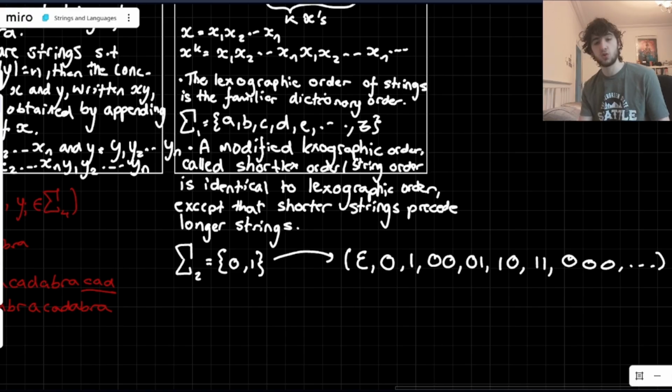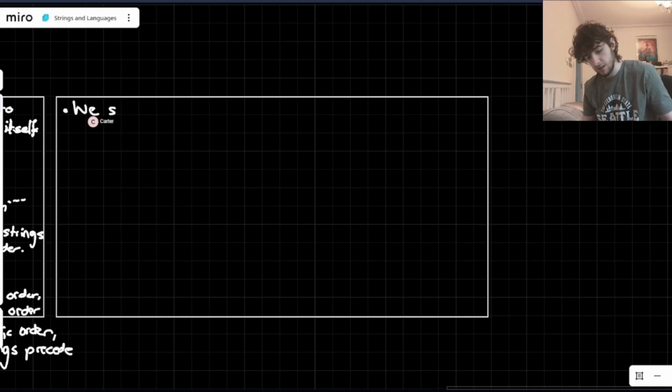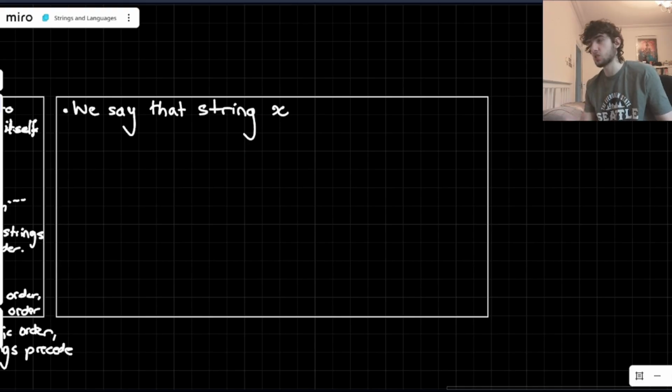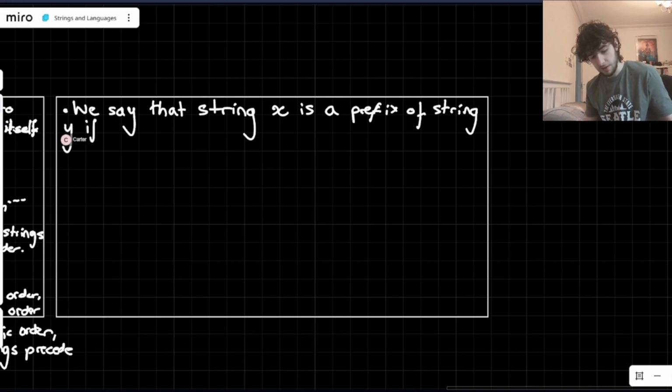Okay, so yeah, this is basically just the short lex ordering of all strings over the alphabet that we're considering. Okay, last couple of things that I want to talk about to finish off is the prefix of a string. Okay, so we say that a string x, where we're just defining x to be some string, is a prefix of string y. So x and y are both strings, effectively just sequences of symbols without commas or brackets, right? So we say that string x is a prefix of string y